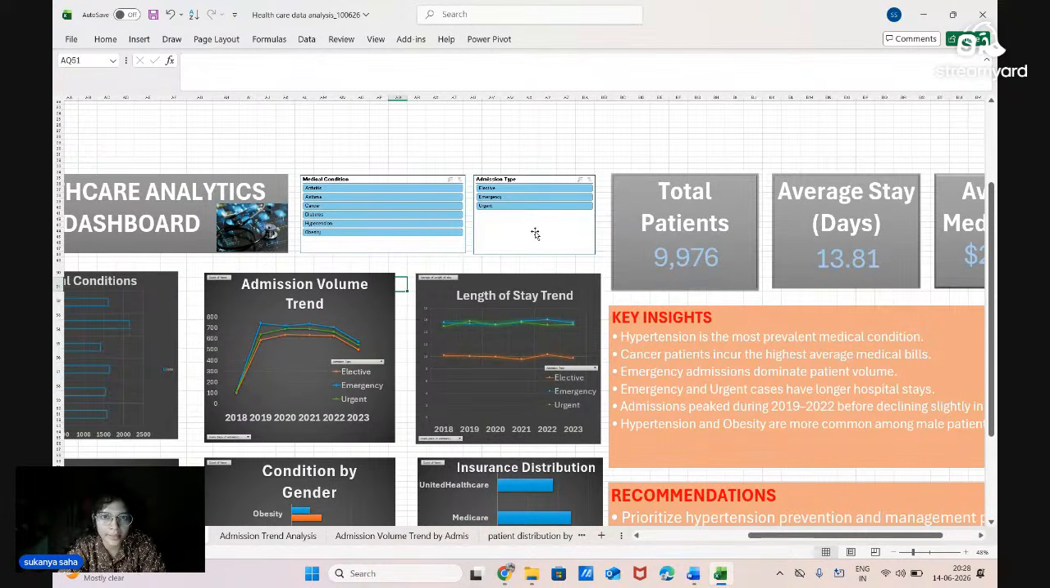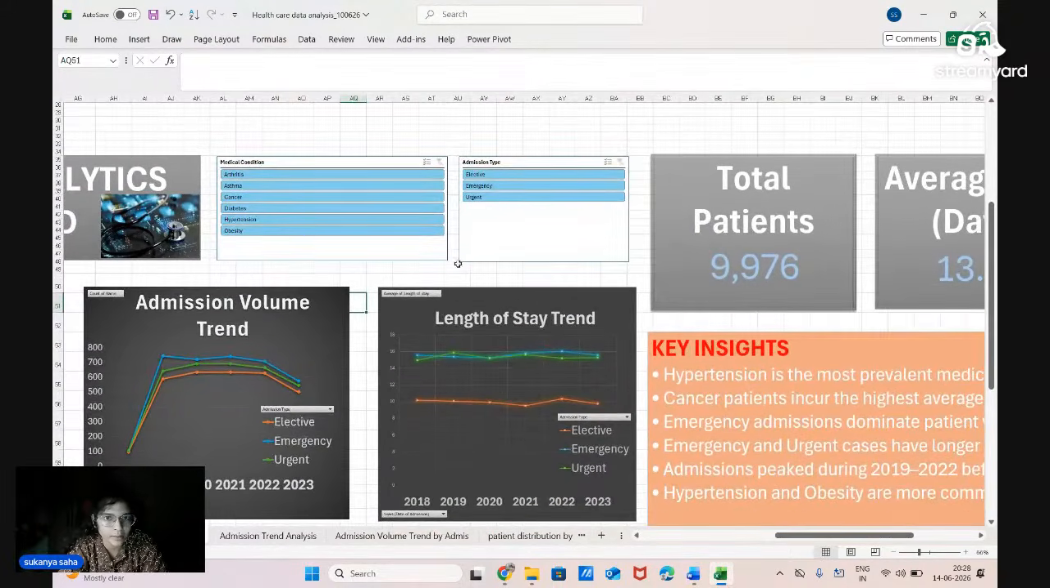Now, here I have created two KPI slicers. One is based on the medical condition, another is based on the admission type. Now, what's the role of these two slicers? These slicers help or allow the user to filter the entire data based on their requirement or whatever information